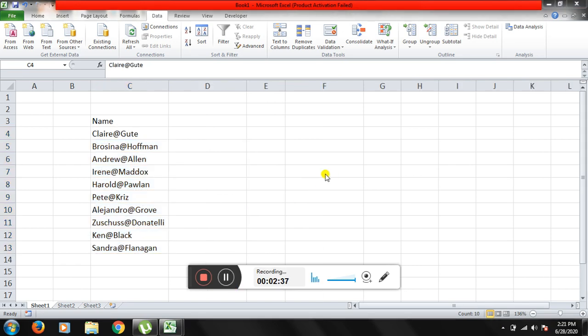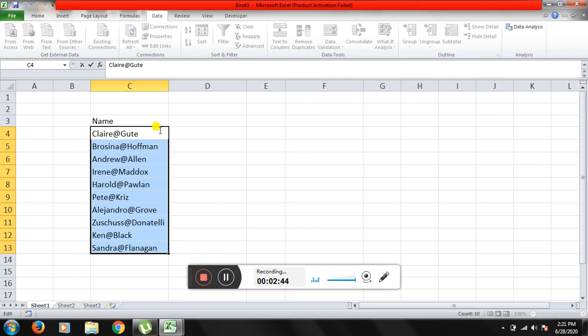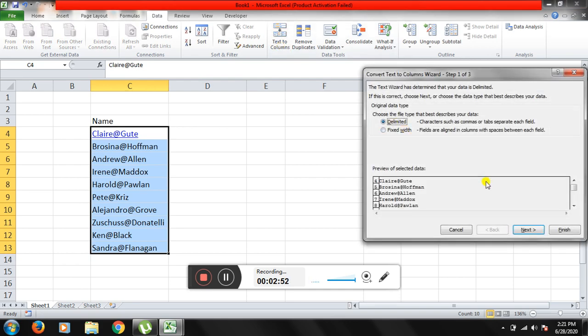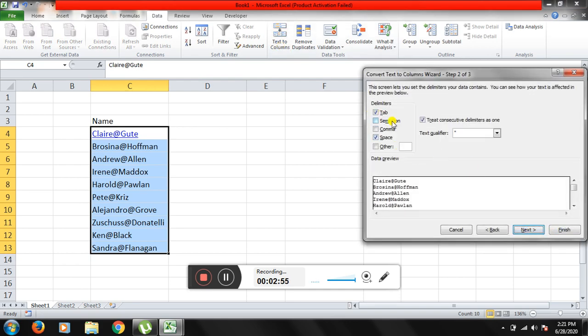Now if you see the second example, which we have a set of data in which the separator is at the rate. So again I'm selecting the same part of data and in text to column, same delimited. Now if you see over here, there is no at the rate option or at the rate radio button. So what I can do is I'll remove the space, I'll click on others. Here I will put a separator as at the rate. Now if you noticed again, the first name and the last name is split.